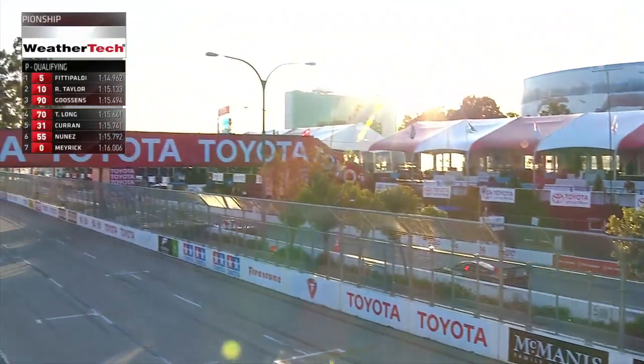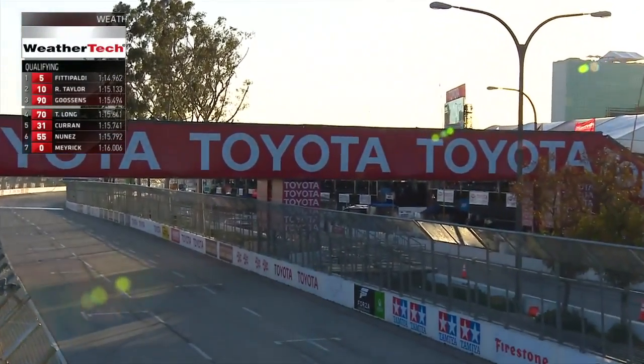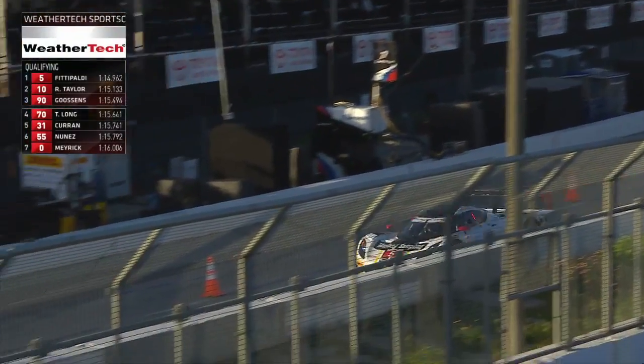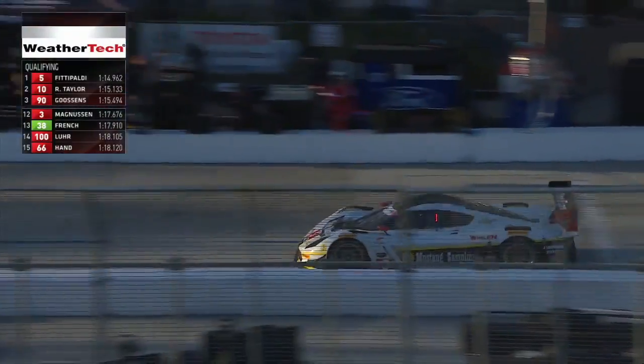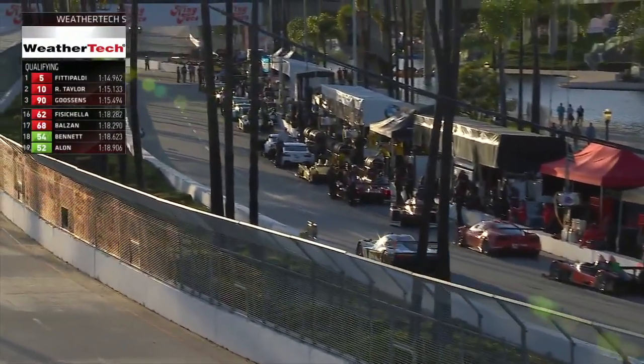Then the Delta Wing, number 0, Andy Merrick at a 1:16.006. Mark Goosen, who caused our red flag and therefore lost his best time, drops all the way to 7th. Tough break for him. He'll be starting next to last for the prototypes at a 1:16.163, and then John Pugh went through at a